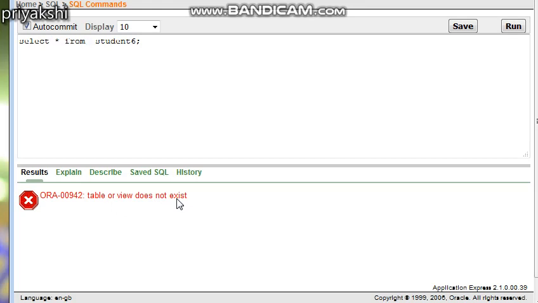But using the delete command you can delete some of the values of the database, but you cannot alter the structure of the database.